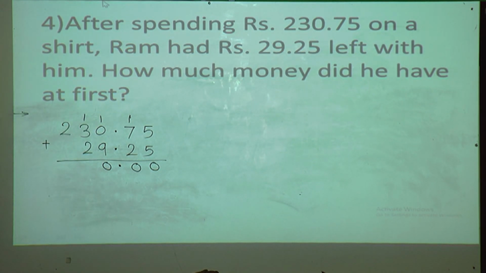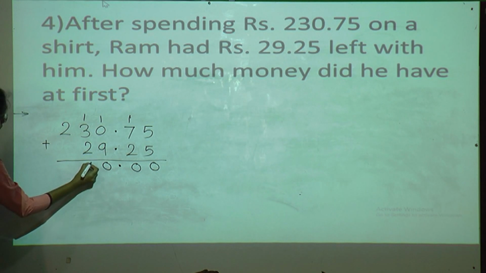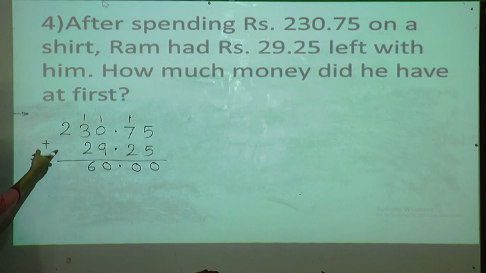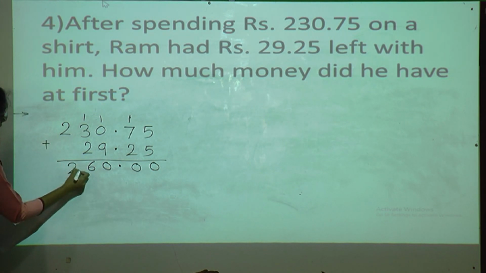Okay, now see the next column. Here 1 plus 3, 4. Then 4 plus 2, yes, 6. Okay, and here only 2 is there, so this 2 will remain as it is. So